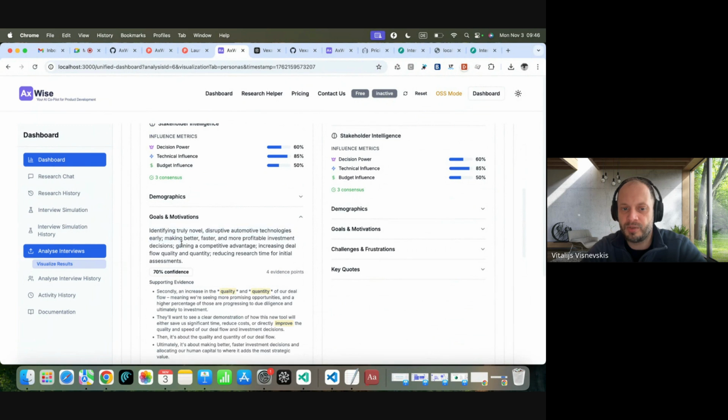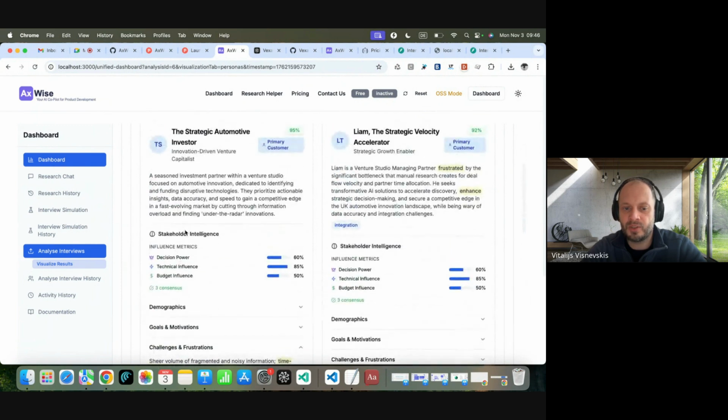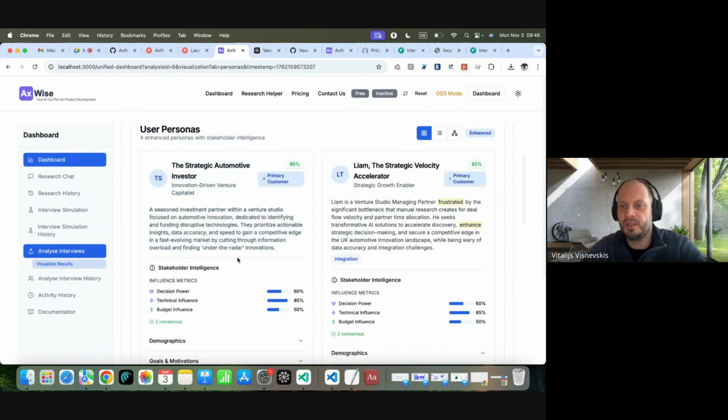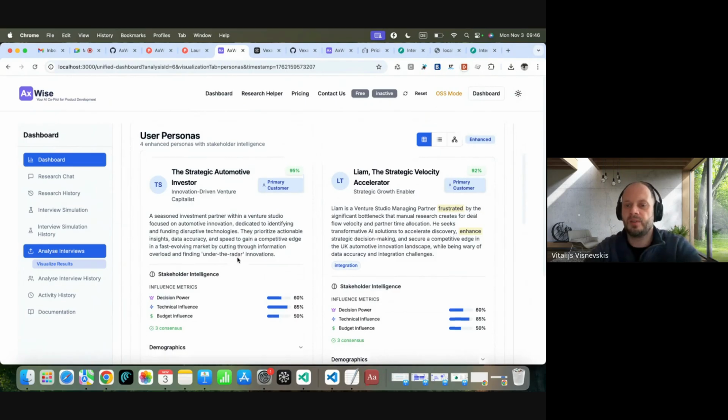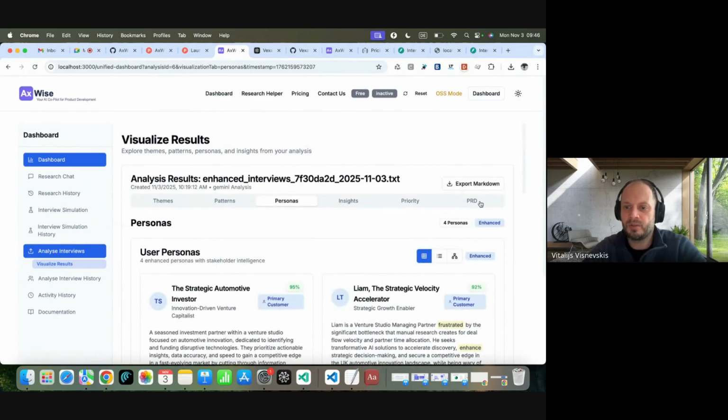But the goals and motivations and challenges, frustrations, and demographics will be crafted based on, let's say, not a user prompt, but a user use case. For example, it might be some advertisement campaign. It might be some kind of a simulation for voting and so on. Just take this particular part and go for it. So no PRD, no priorities, no insights, nothing. Just user personas, on some map or something, in a programmatical way. But the fundamentals will stay the same.